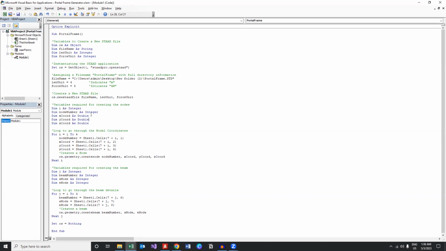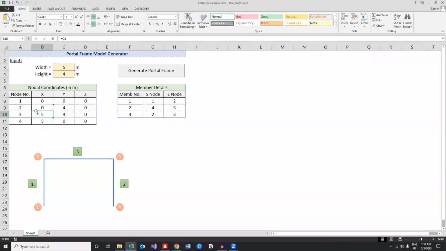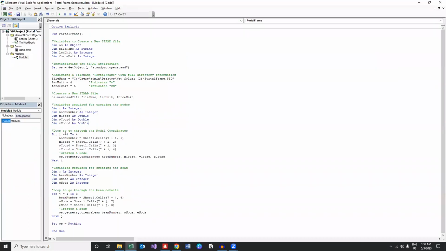node. So the first variable is a looping variable called I. Next is the node number, where we will store the node number, and x, y and z coordinates, where we will store the corresponding coordinate values. Next, I'm going to loop through the nodal coordinates. So actually we have 4 nodes here, so my loop would be for I is equal to 1 to 4. So I will be having 4 iterations in my loop,